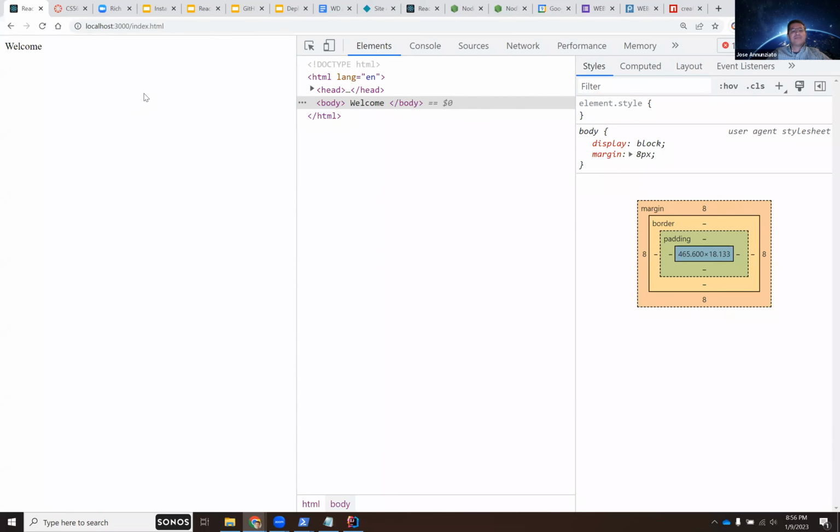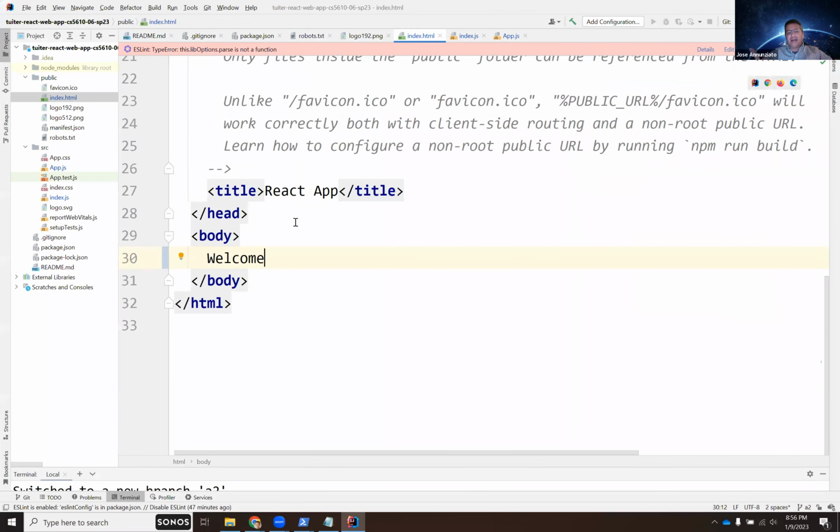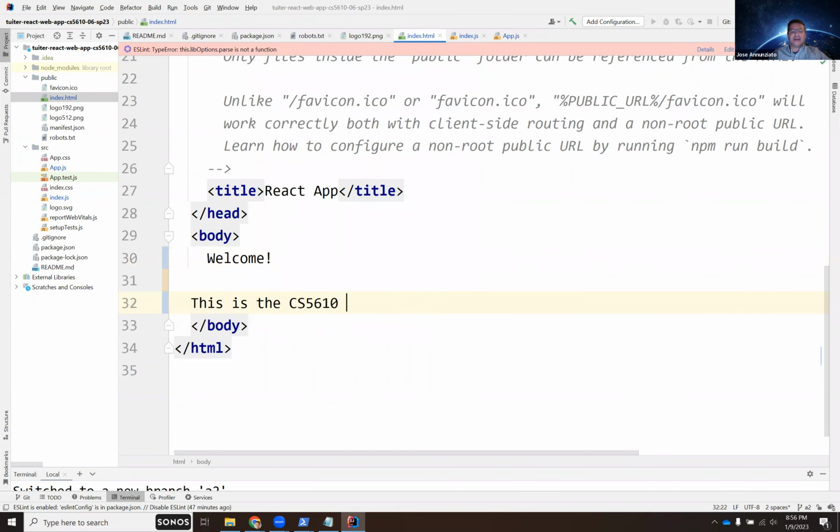See that? So if I have here maybe a title, welcome, and then says, this is the CS 5610 assignment 2,